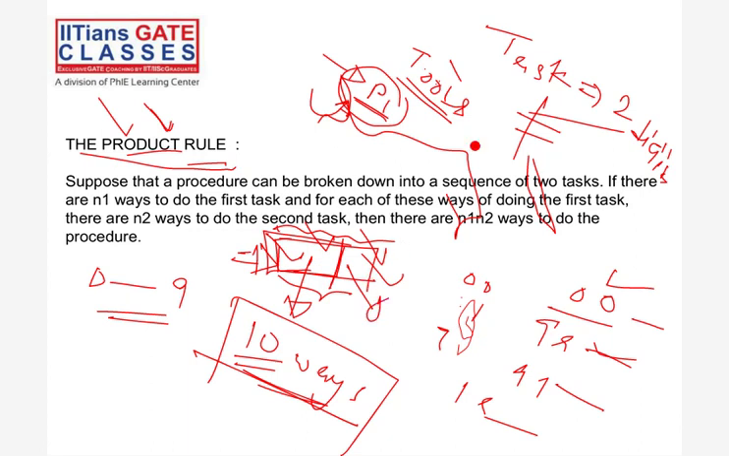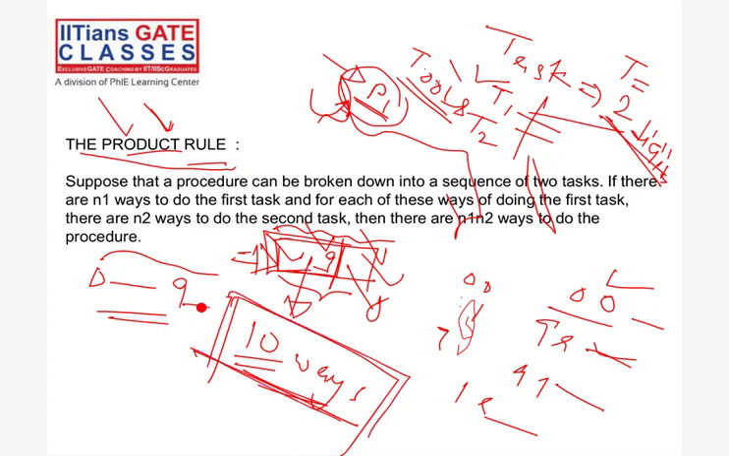Now the first task was T1 and the second task was T2, and our main task was T. This was our main task, that we want to make a two digit number. So we have completed task T1. When I say we have completed task T1, that means we have put one of these digits here. Let's assume that I put 9. So you can see that task T1 can be done in 10 ways. Task T1 can be done in 10 ways. How many ways are there to